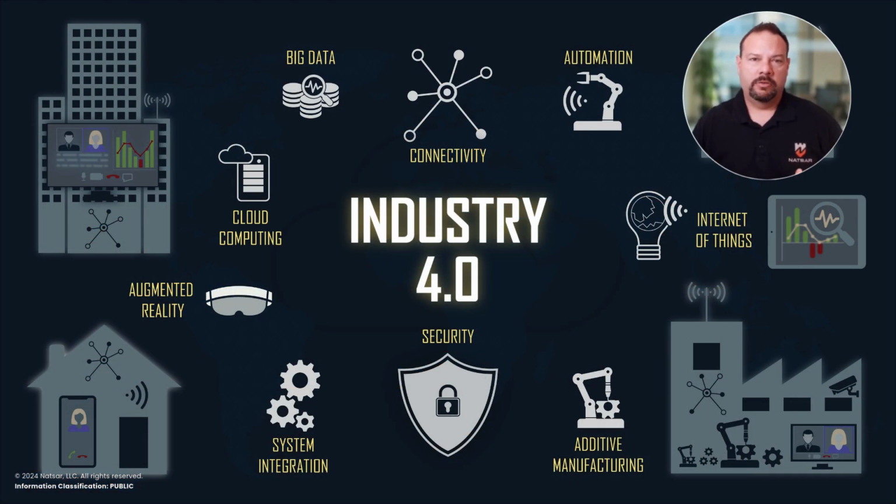And if you look at the Industrial Revolution on this slide, you could say we're in Industry 4.0 now. And in Industry 4.0, it's all about big data and connectivity and automation, robotics and IoT devices, Internet of Things. And all of these are causing this push for IT, OT convergence, where you have systems that are internet capable on these kinds of critical infrastructure networks, and we're going to talk about some of the risks associated with that.